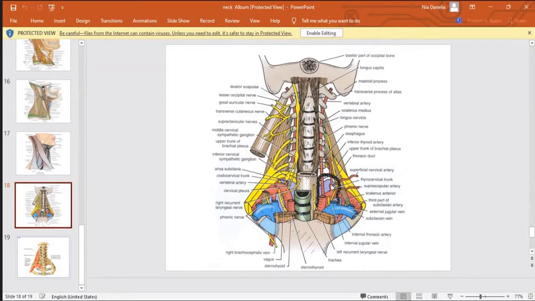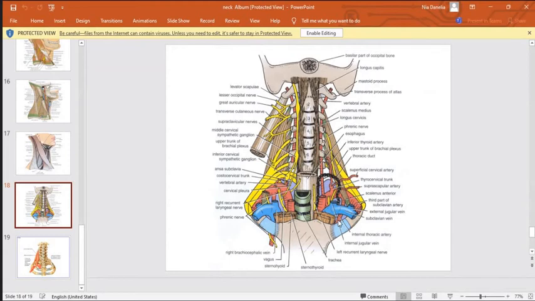Superior thyroid artery arises from the external carotid artery, but the inferior thyroid artery arises from the thyrocervical trunk. So both superior and inferior thyroid arteries supply the thyroid gland. And the largest branch of the subclavian artery is the internal thoracic artery, which passes into the thorax